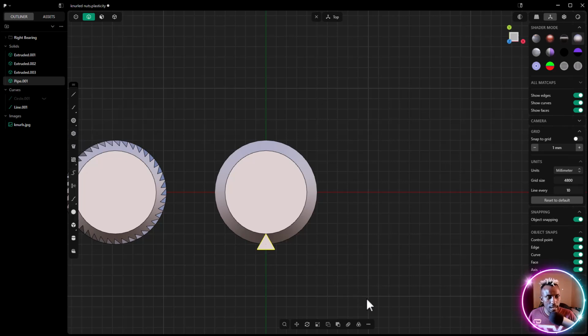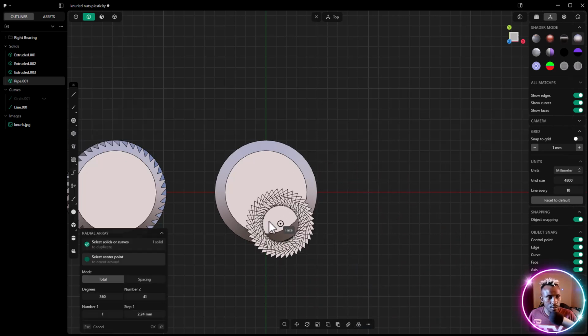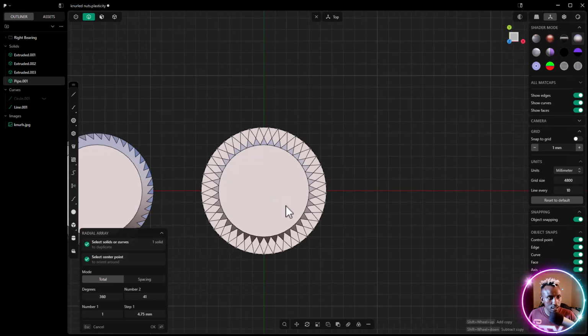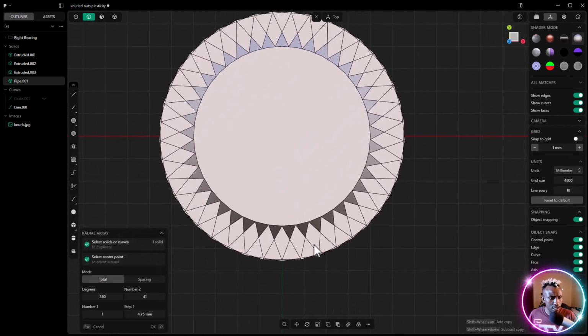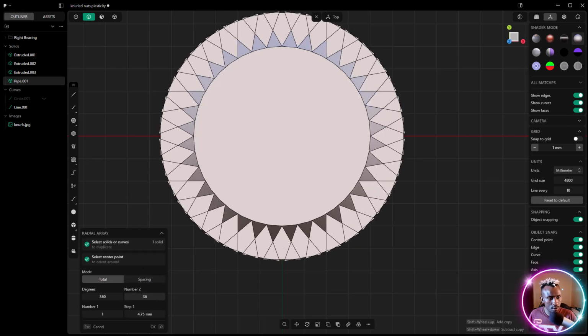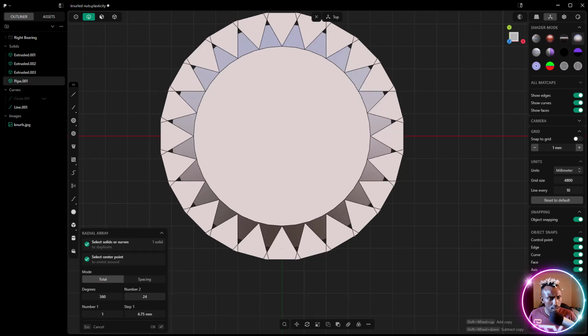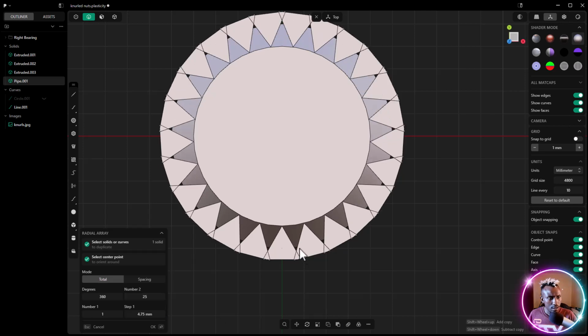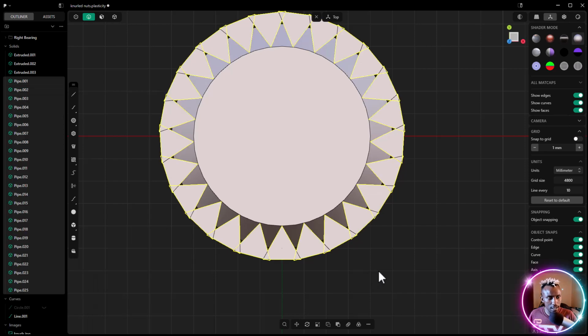While this is still selected, I'll go ahead and radial array it just like that. Now as you can see, all our crests are not flat, so if we reduce the number of these just like that, so we have 25. Right click,